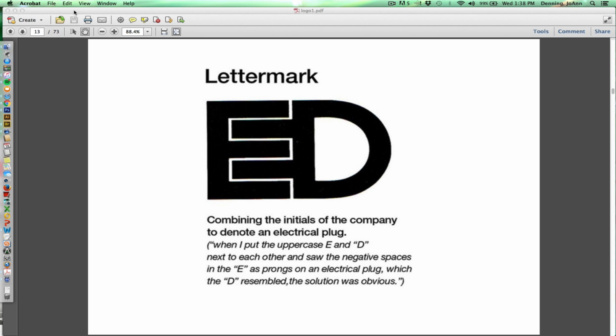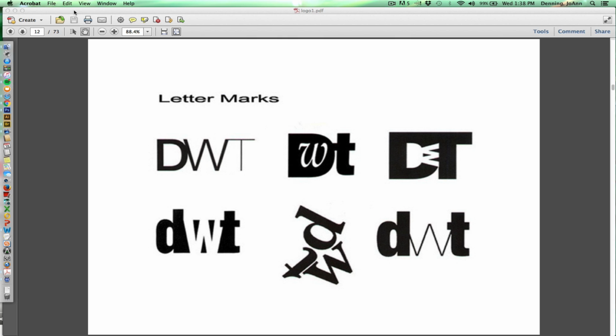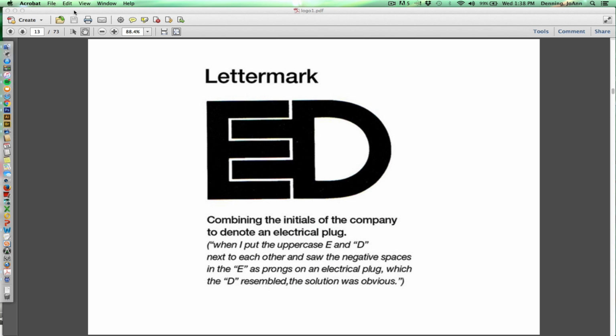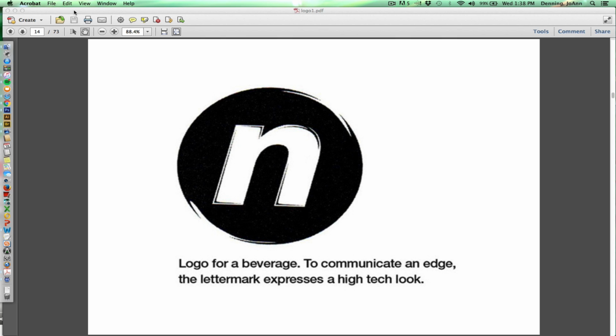So in that brainstorming process, when you're just hand drawing and you're trying to go in all different directions, I'll go back to that previous slide where we look at three letters, DWT, but we look at all the different possibilities, all the different variations that you're brainstorming. Sometimes the idea will just be simple and it'll come together in the end as a brilliant final solution. This was a logo for a beverage company,